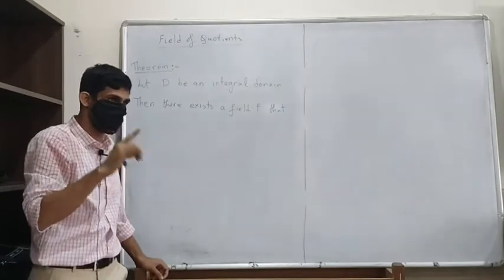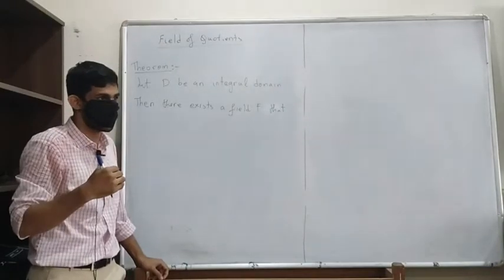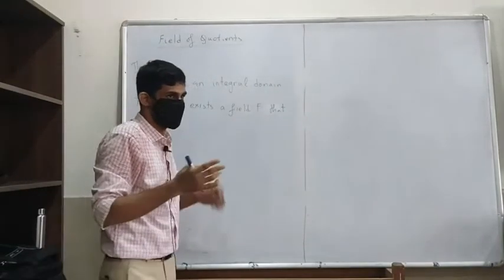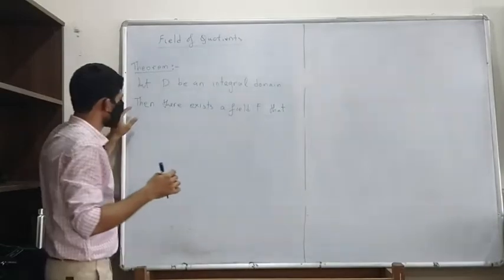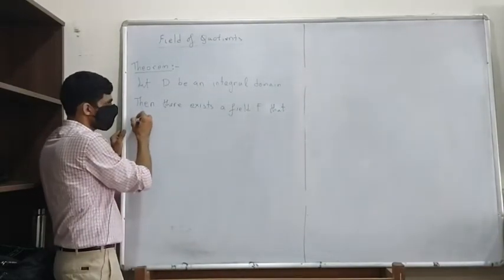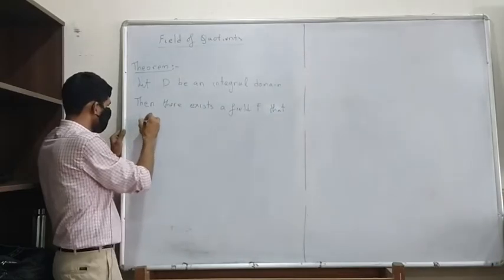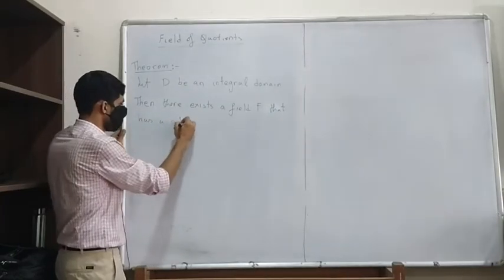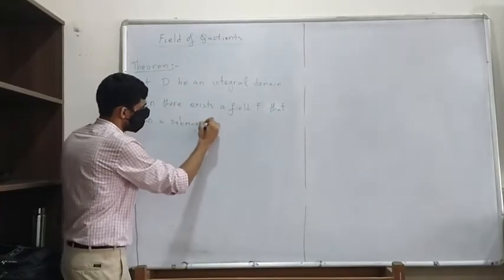You don't have n's, in place of n's you have n upon 1s, that's the subfield anyway. So then there exists a field F that has a subring isomorphic